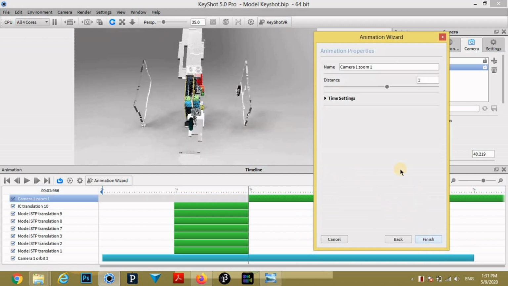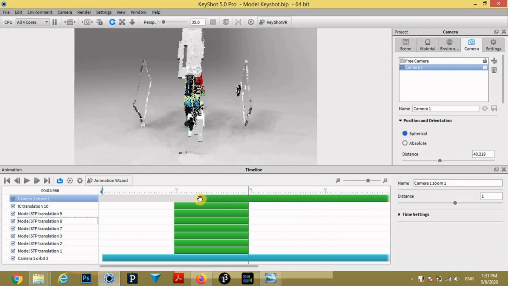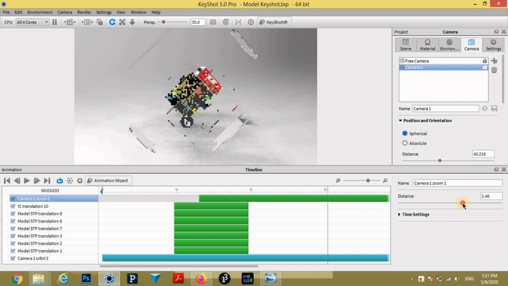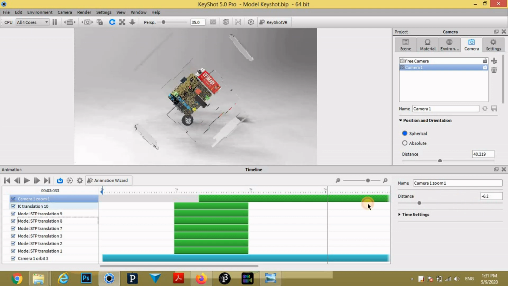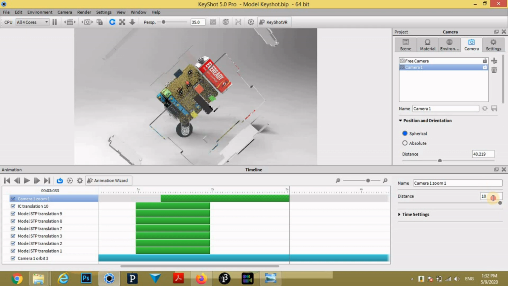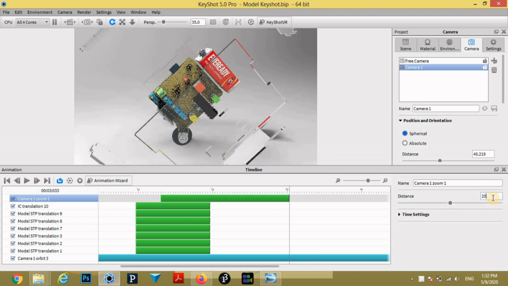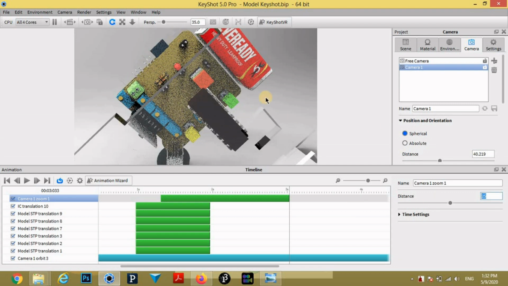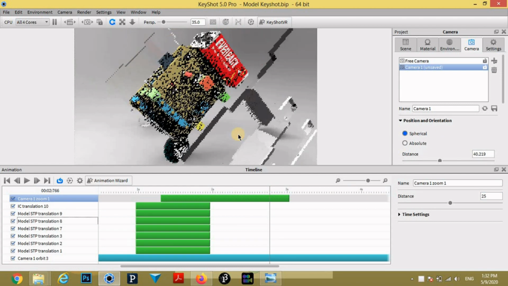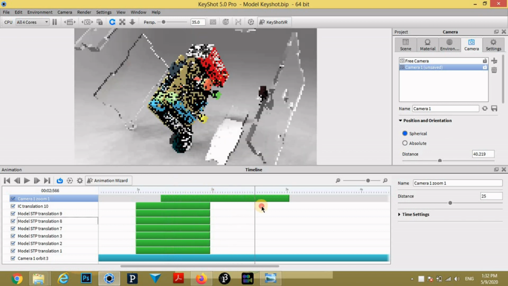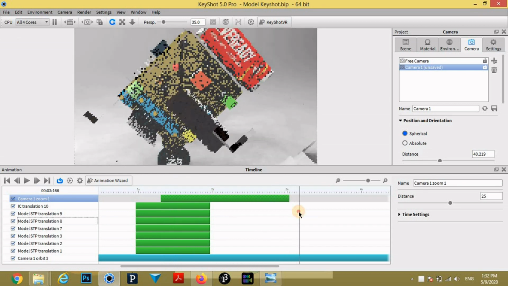Now we want our camera to zoom on the IC. After zooming on IC, our video will look like this.